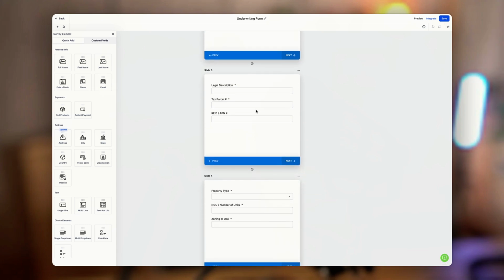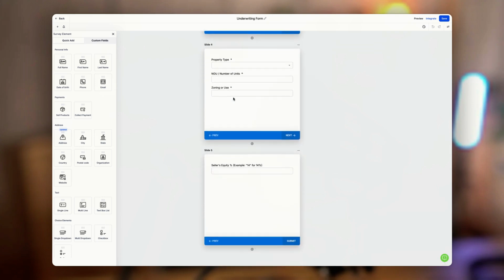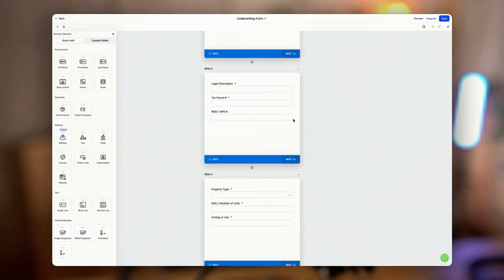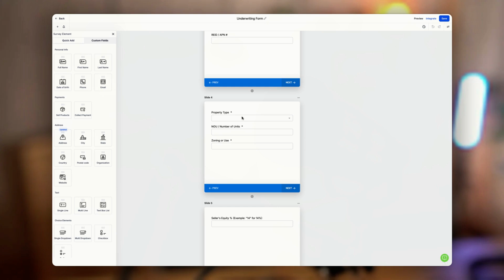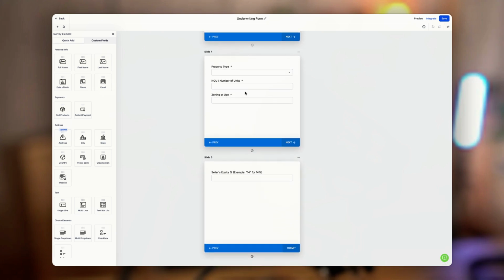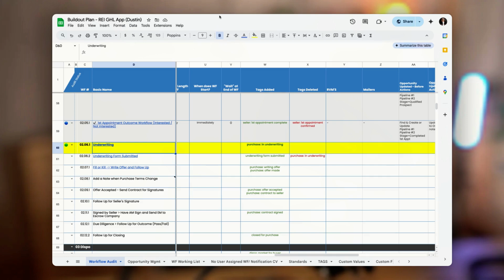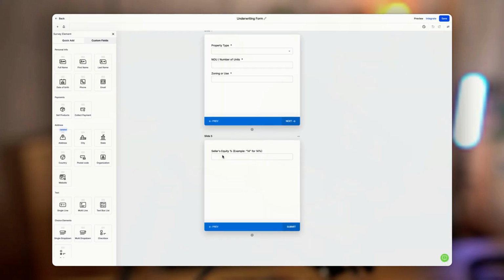Legal description, that is going to be needed when an offer is written up, so it is required at the underwriting phase. And in this system, it's super easy to go and change. If you're like, hey, we don't want to include the legal description at this point. Tax parcel number. And then I know some states, some counties, have additional information. Property type, just to confirm it, number of units, zoning or use. Again, in the email, all of this is laid out. So if the underwriter is like, hey, I don't know that, they can just go find it, copy and paste it. Seller's equity, again,